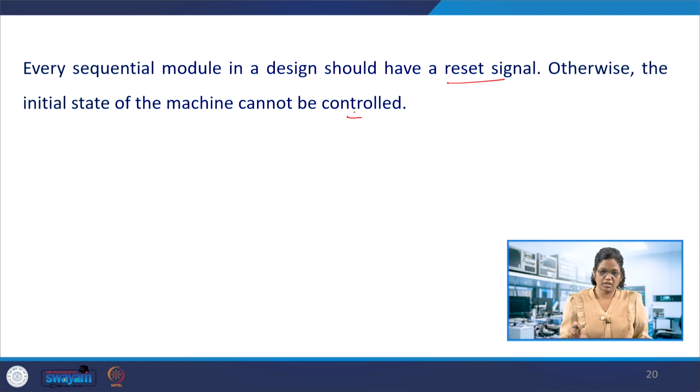If it keeps shifting and we want to clear the shift register, all the flip-flop outputs should be 0 0 0. In that case you should have a reset signal, otherwise you will not be having 0 0 0. You cannot bring it to the initial condition if the shift registers keep on shifting, or any state of the machine cannot be controlled. So it is advisable to have this reset signal in the design.